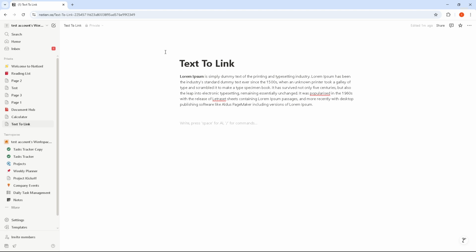Now, go ahead and select the section of text you want to transform into a link. As soon as you do this, you'll notice something quite handy happens. A formatting bar will pop up just above the text. This is your gateway to all sorts of formatting tools, and the one we're particularly interested in now is the